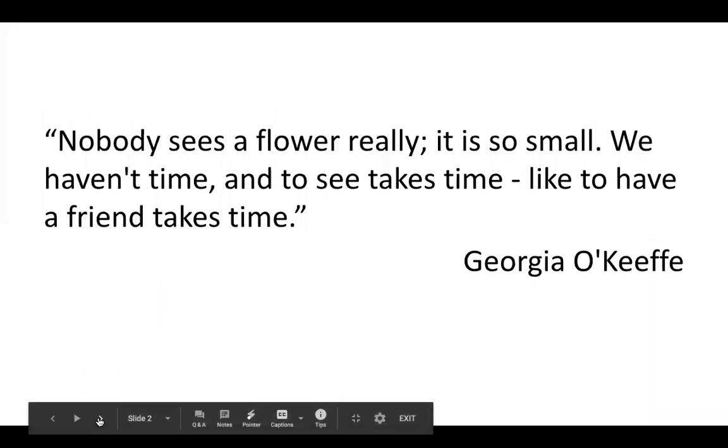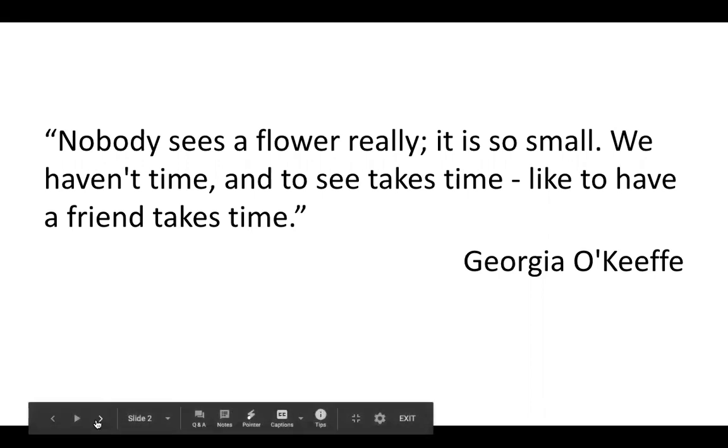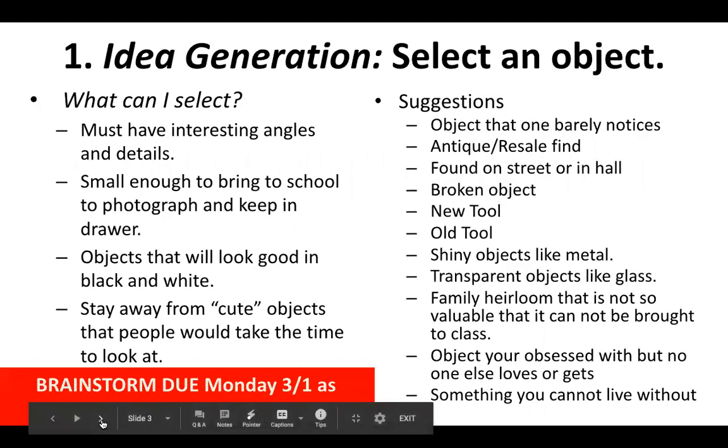So in your brainstorm, there's this quote by Georgia O'Keeffe. "Nobody sees a flower really. It is so small. We haven't time. And to see takes time, like to have a friend takes time." And so I want to use that quote as a springboard for looking around our houses for objects that could